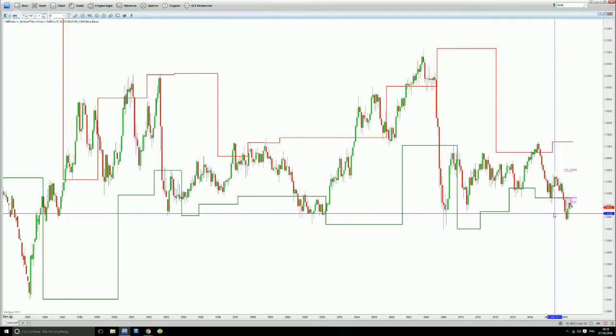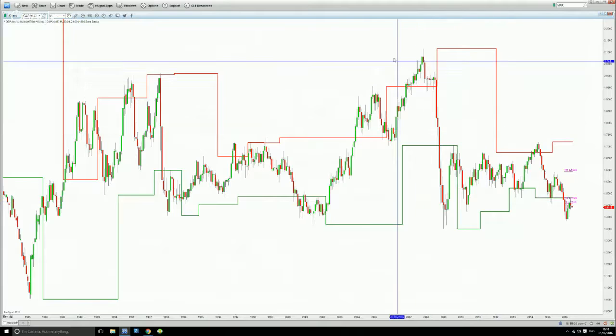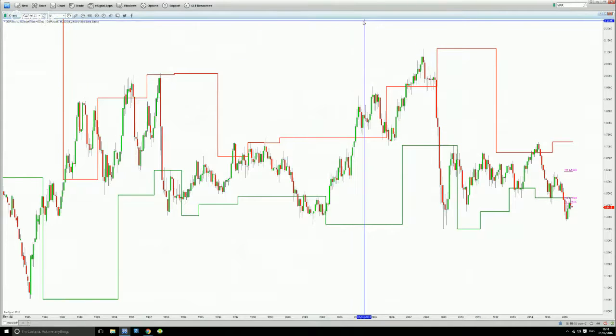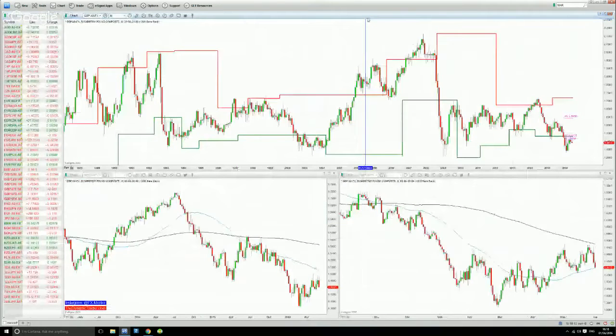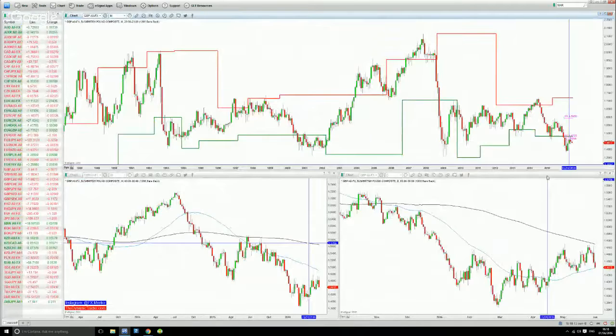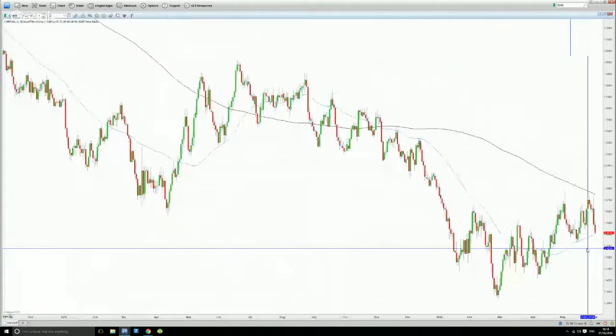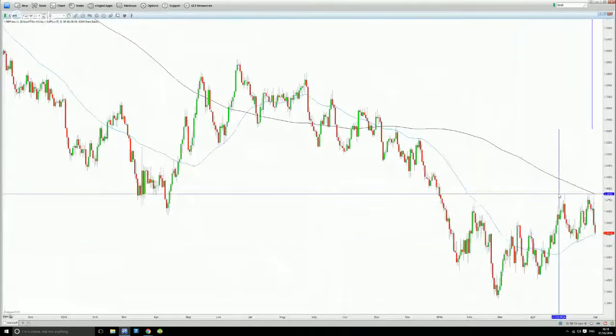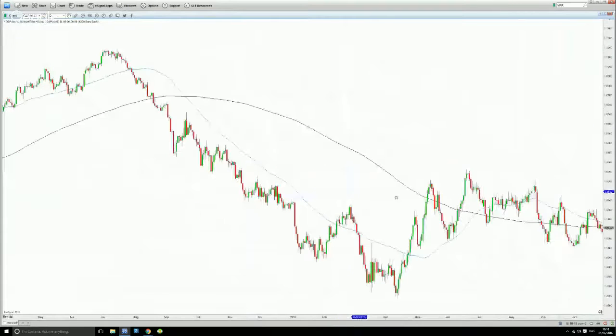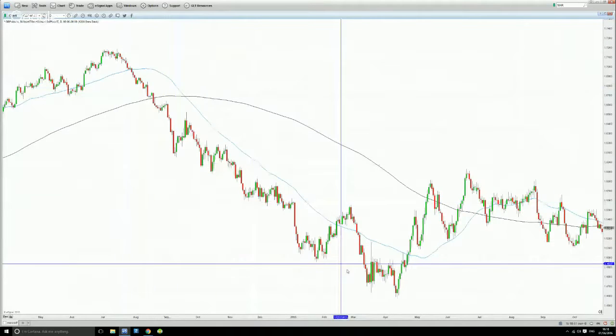I know people trade ranges. Ranges are a very difficult environment to be trading. You don't want to be trading ranges. That's when you want to be standing aside and being smart with your money. If you look at the pound dollar on the daily, it's just going sideways. Choppy, messy, ugly, right? The last time I traded this was this trend here.